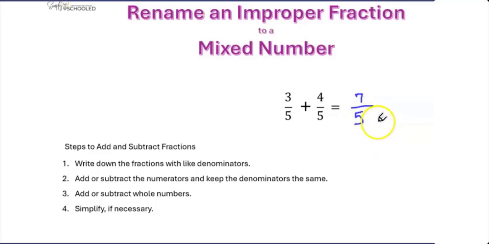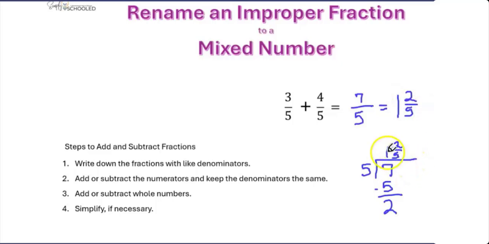As you can see, we end up with an improper fraction where the numerator is greater than the denominator. Be reminded, a fraction is like a division problem. The fraction bar is considered a division bar. So to find the mixed number, we turn it into a division problem, a long division. 5 goes into 7 one time. 1 times 5 is 5. We subtract and we get 2. I take my answer and it becomes the numerator over the 5. So the answer is